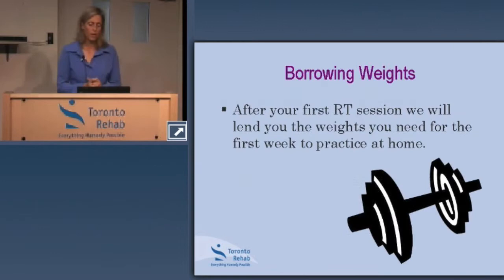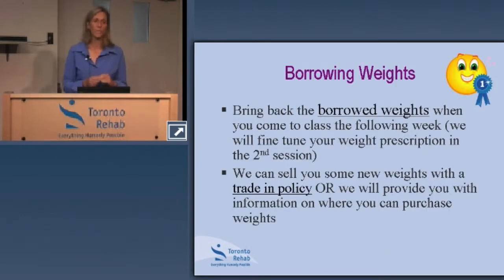Now in terms of weights, the actual equipment, after your first resistance training session here, we will loan you the weights, and you take them home, you practice with the weights, and then you bring them back on the second session. On the second session, we're going to fine-tune your exercise prescription. We're going to do a test where we find the heaviest weight you can lift one time for each exercise. We take 60% of that weight. That's the weight you should be able to lift 10 times comfortably, and will build muscle mass and improve muscular